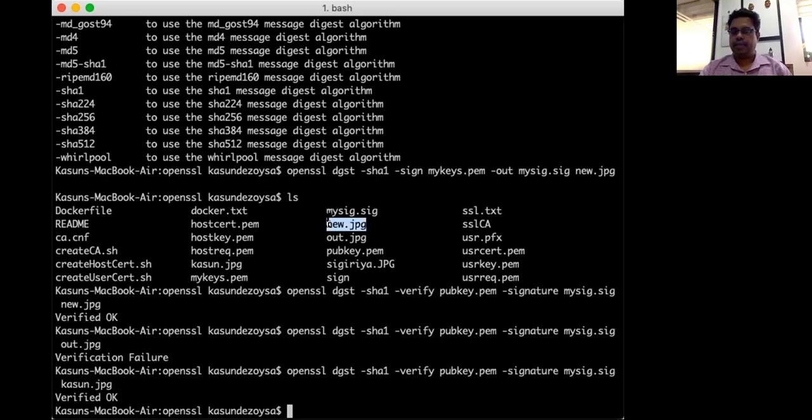When they calculate hash values or signatures, they only consider the content, not the file name. So you understand that both files are similar and that the signature gets verified. That's how, very simply, we can create a signature and verify the signature of a file using the OpenSSL